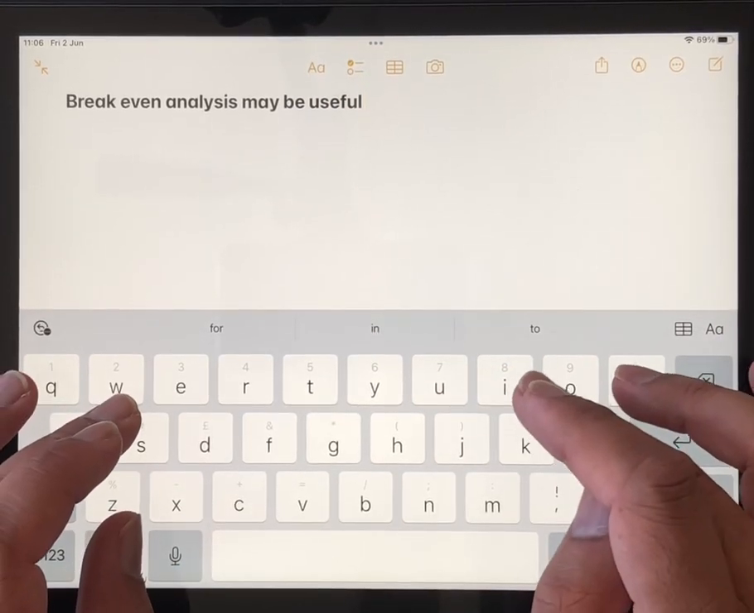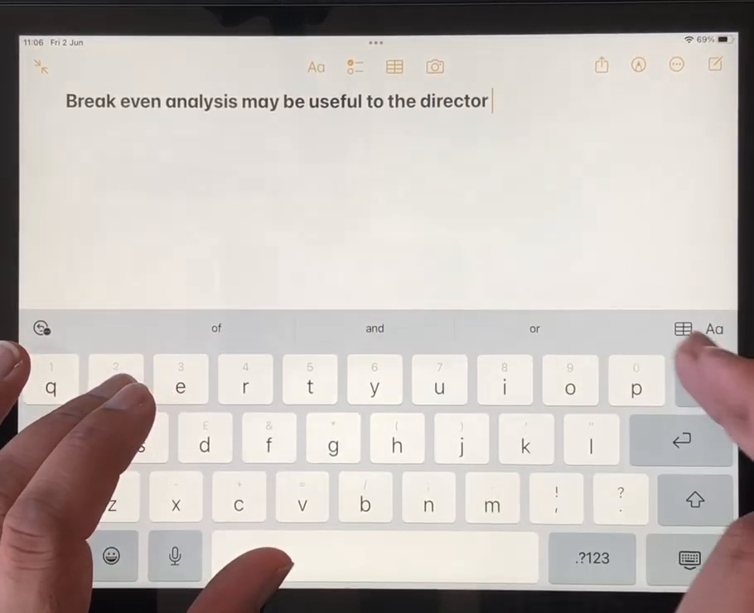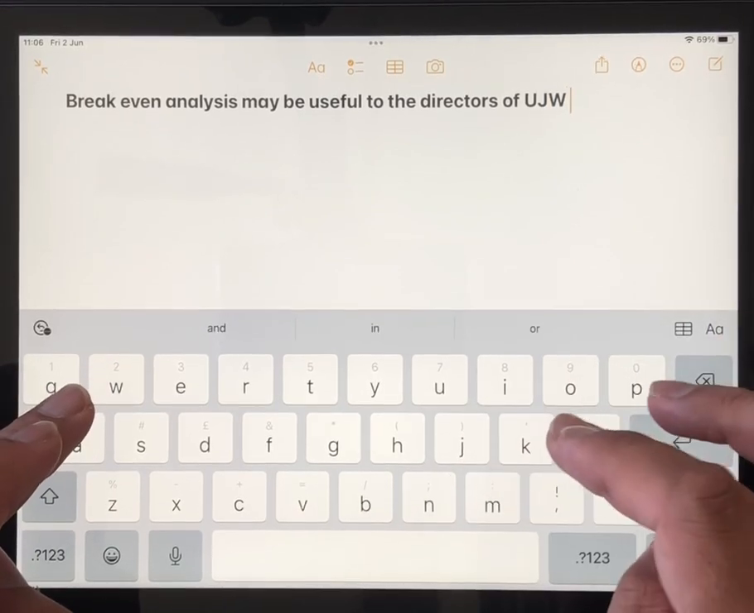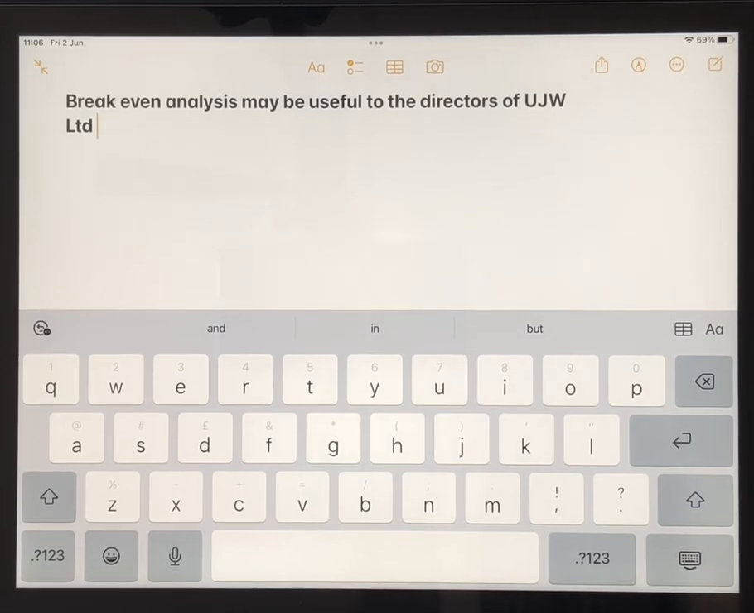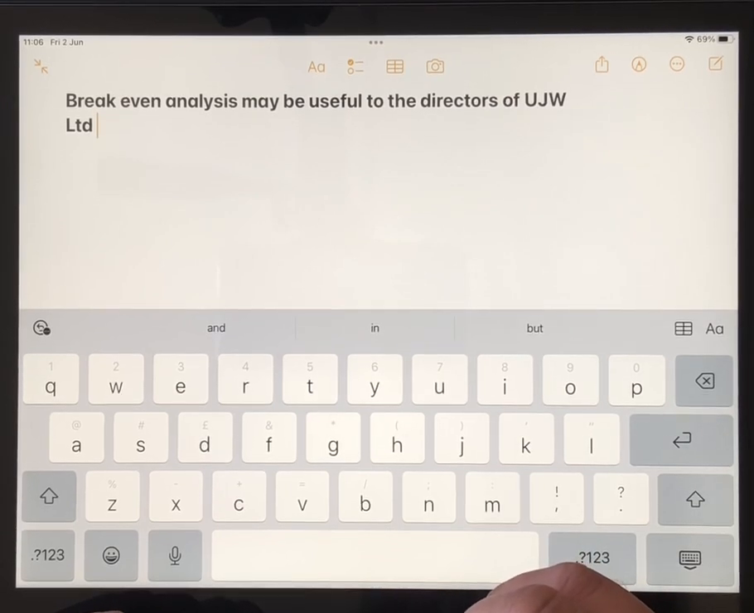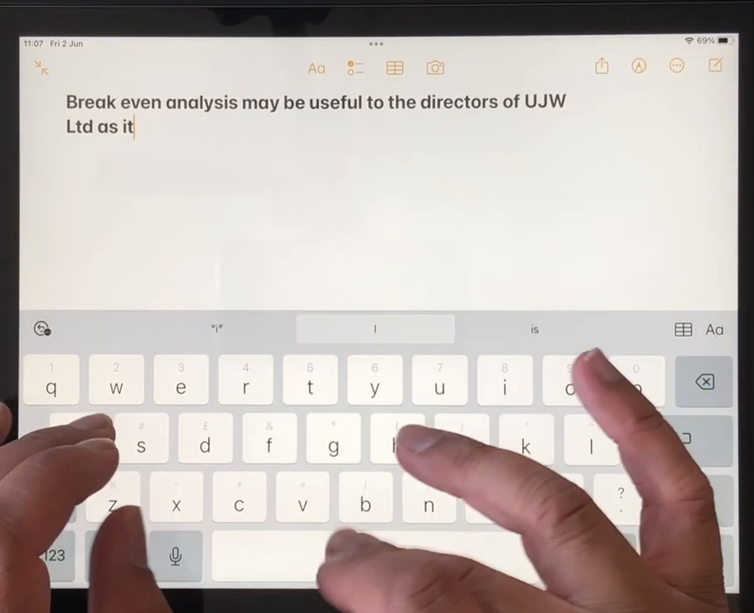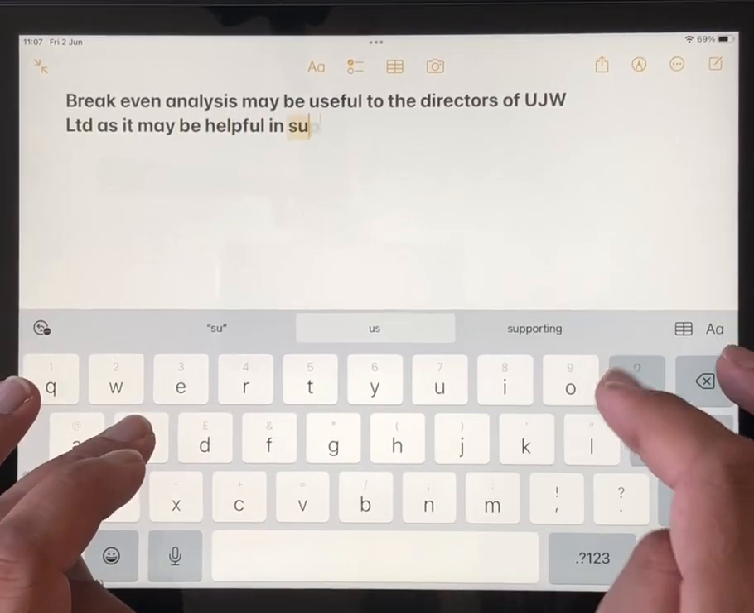So break-even analysis may be useful to the directors of, I think it's UJW. Okay, limited. I think it's limited. And the first point we're going to talk about is it may be useful to the directors of UJW Limited. This is because it can support management decisions. As it may be helpful in supporting